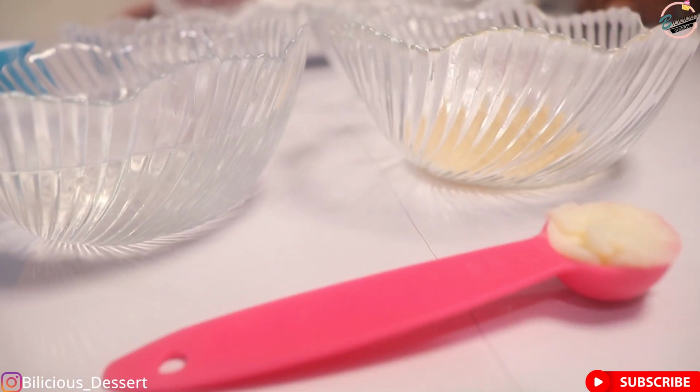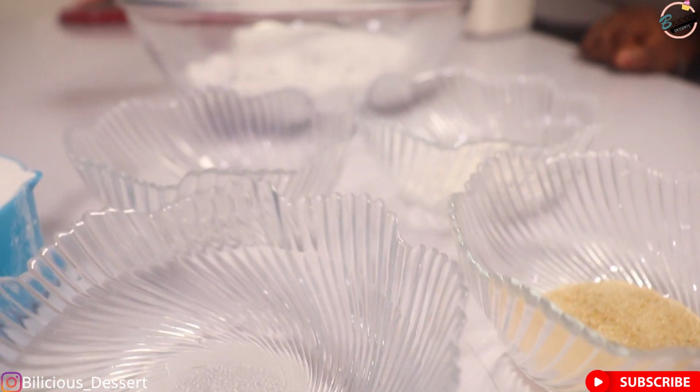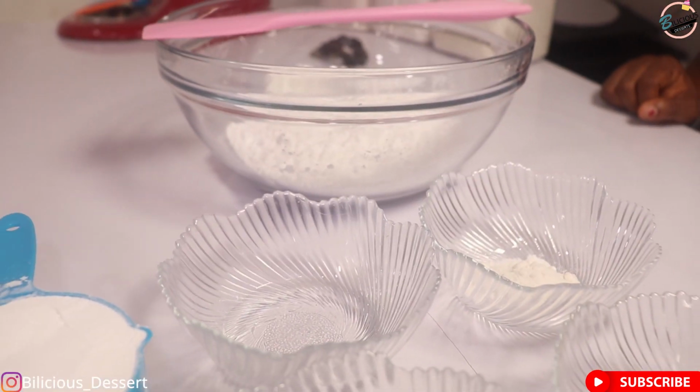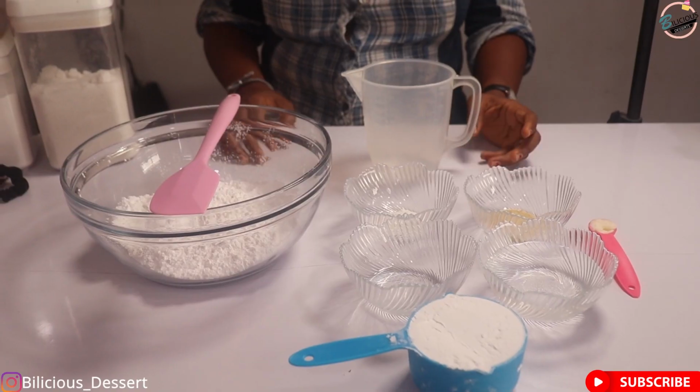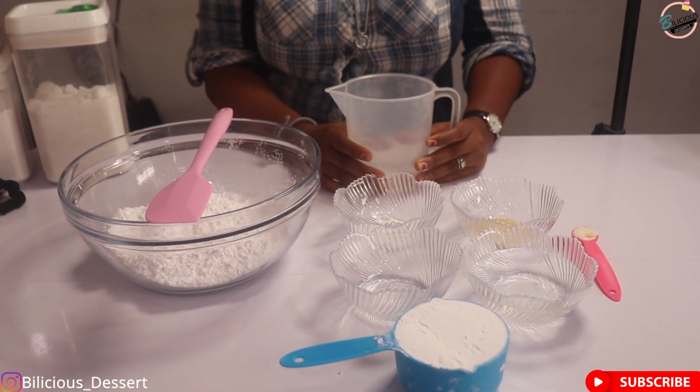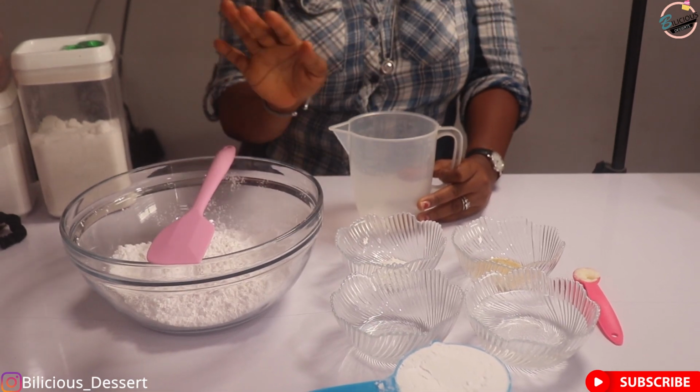In today's video I'll be showing you how to make gum paste or sugar paste. This sugar paste is perfect for making sugar flowers,